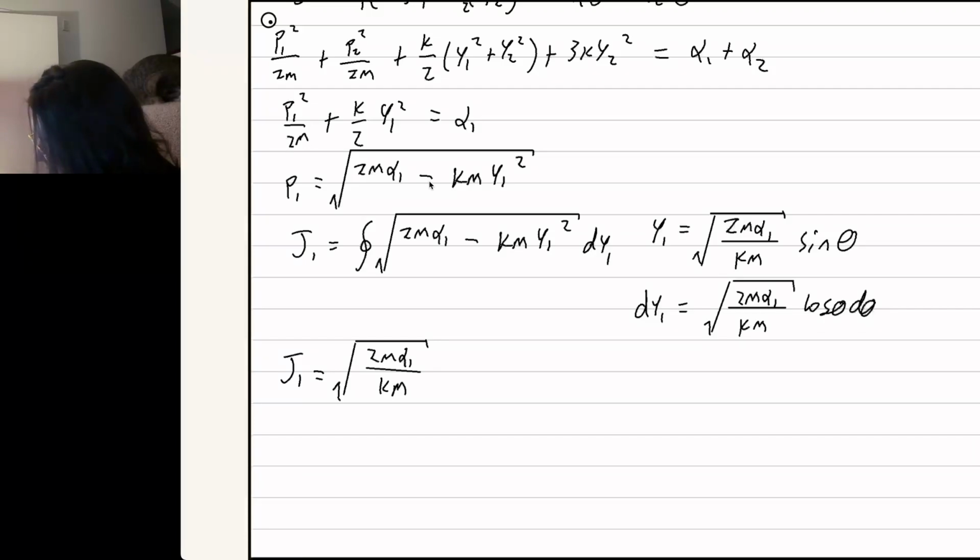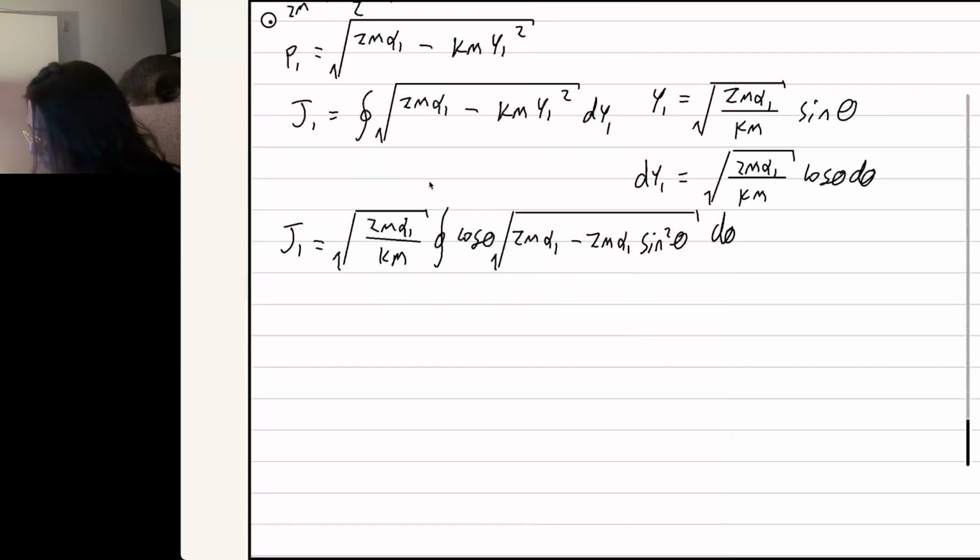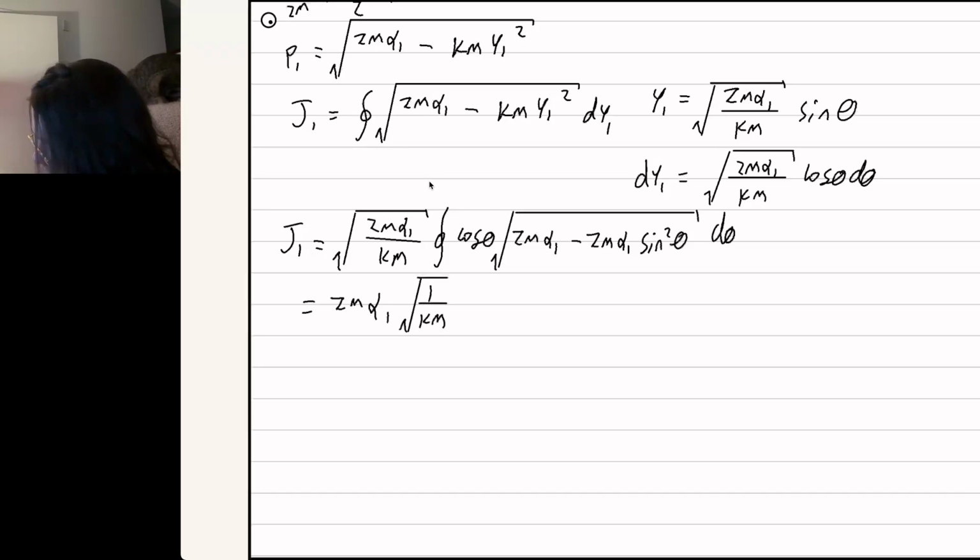Just there. And on the inside of the integral we have cosine theta times the square root of 2m alpha 1 minus 2m alpha 1 sine squared theta d theta. We can also now just factor out the 2m alpha 1 from the integrand. So we'll have on the outside 2m alpha 1, which is going to be 1 over root km, right? It's going to be cosine of 1 minus sine squared theta